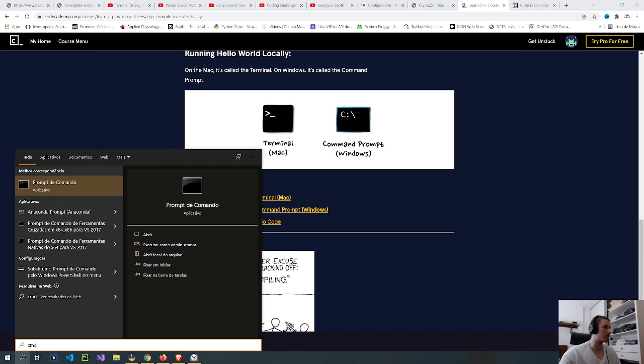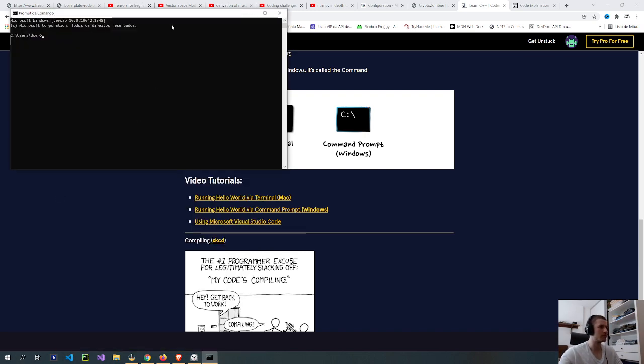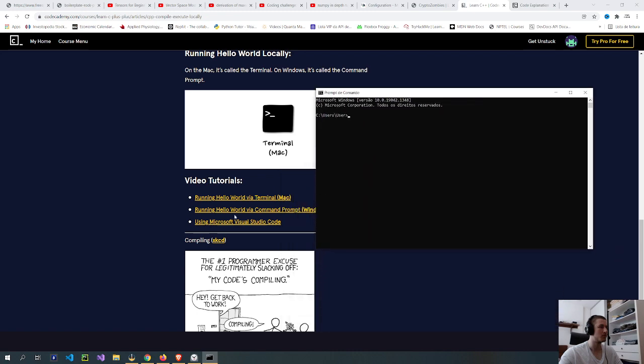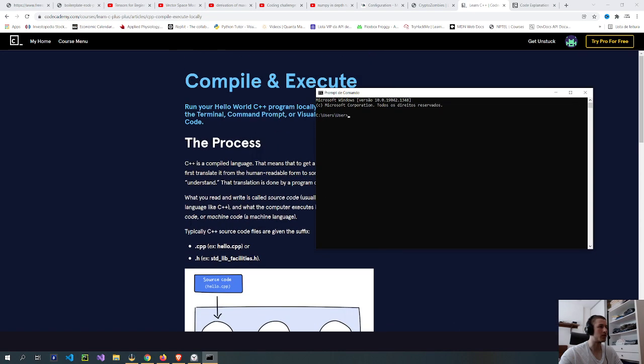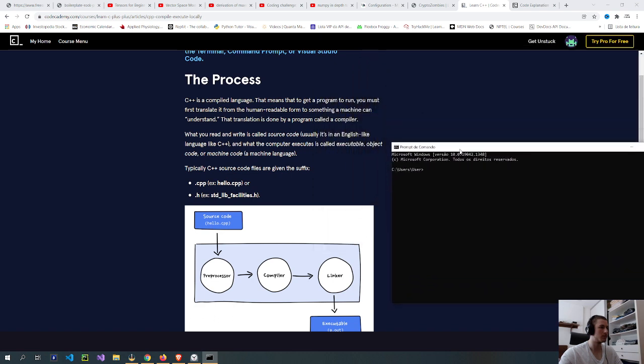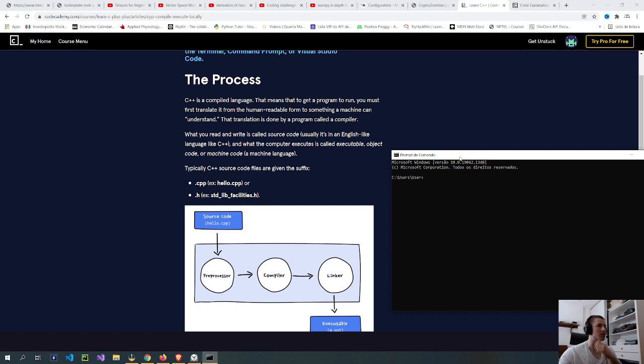So maybe I can do this here. But it didn't teach me how to create the file. That's the issue. And how am I going to run the file if it doesn't exist?